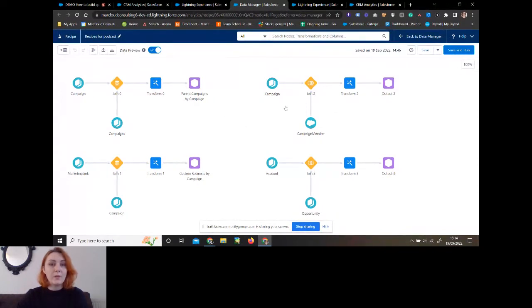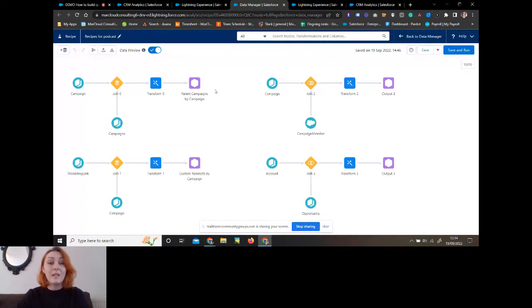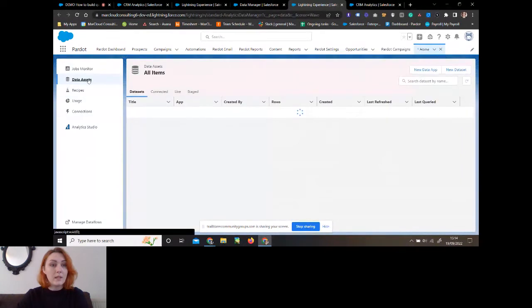So once you load out Pardot, it does give you a lot of pre-formatted things such as the account-based marketing information and multi-touch attribution, etc. But for things that aren't applicable to those elements or that can't be easily pulled from one of those elements, you'd want to create a custom recipe. And then at this point where you save the recipe into an output, this then creates a new data set, which if you go into data assets